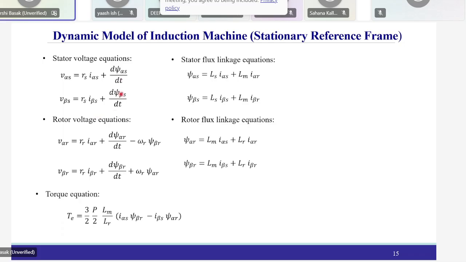This will be the complete dynamic model of the induction machine in the stationary reference frame, right? And then you have the torque equation corresponding to this expression, okay? And here you can see this, you can derive from this voltage relationship. And if it is a squirrel cage motor,